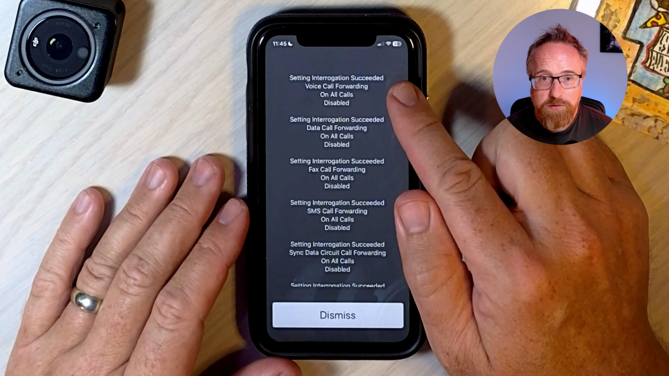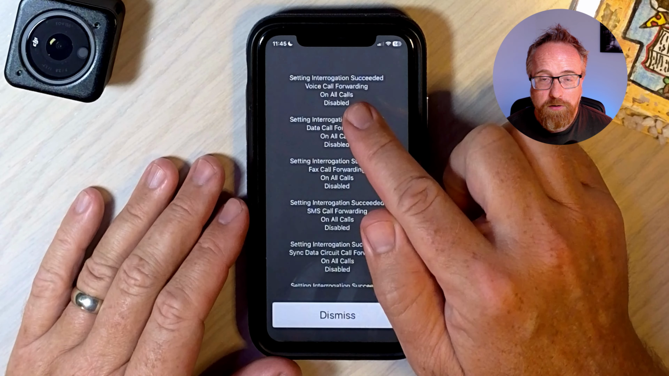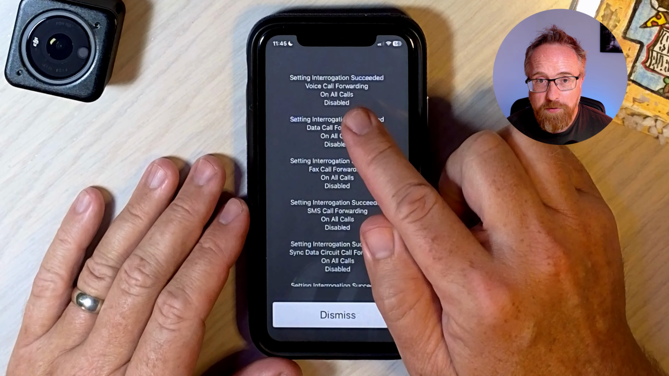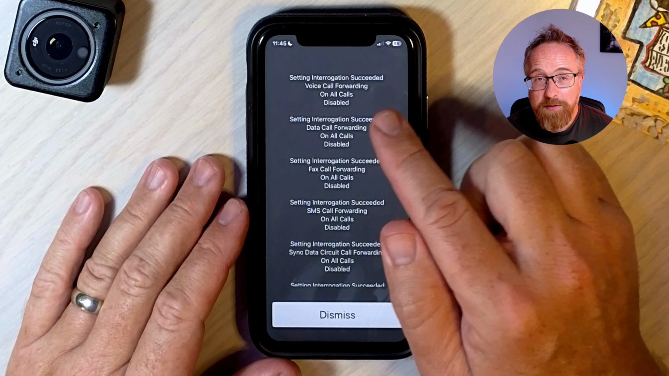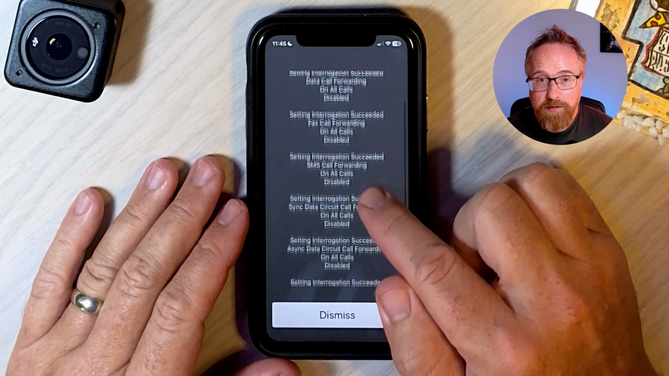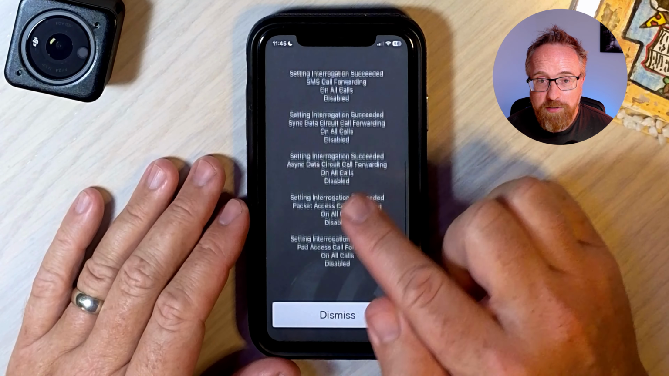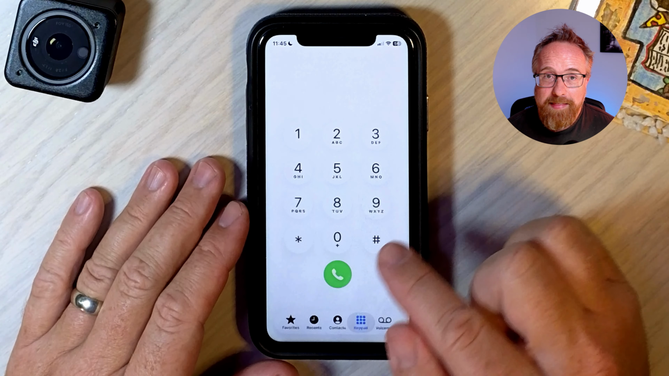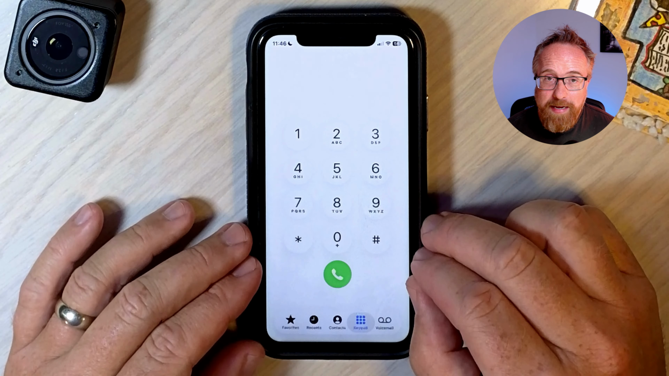And here it shows we have call forwarding on all calls disabled, because I didn't actually turn that on. But if that option doesn't even exist on your phone and it says disabled here, then you likely don't have that option enabled by your carrier. There's a bunch of other interesting information here as well. But we can tap on dismiss after we've seen that call forwarding piece,